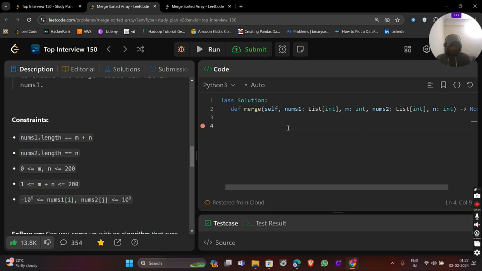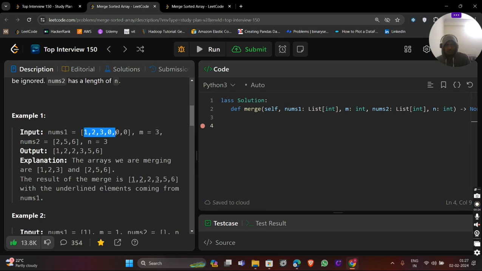To solve this question we will traverse these two arrays from the end. First we will compare this 3 and 6, this 6 and 3, and we have to check which is the bigger element. If 6 is the bigger element, then we will assign this 6 here,